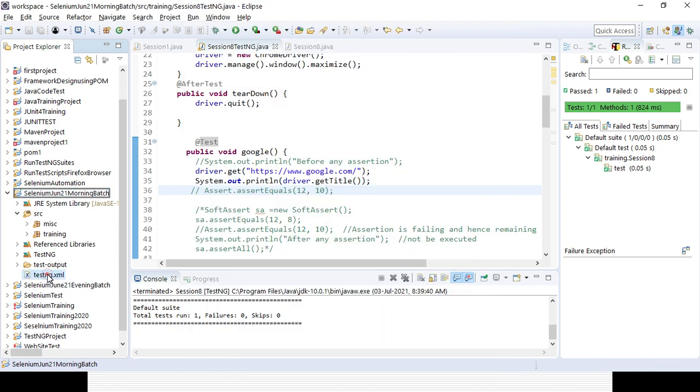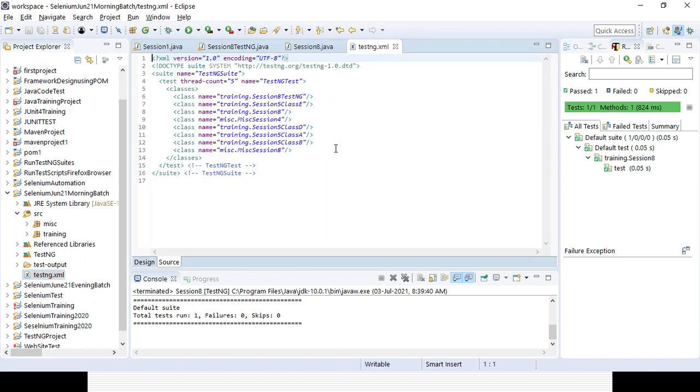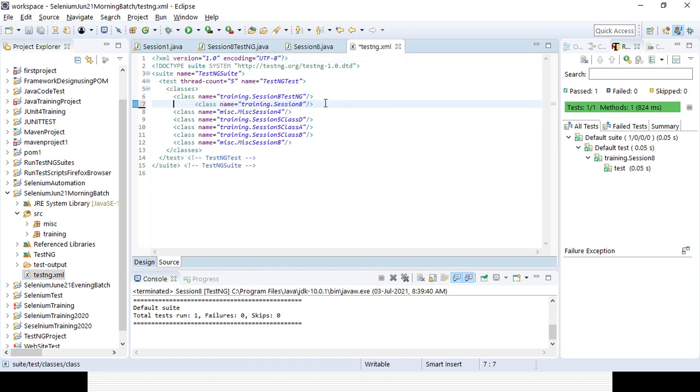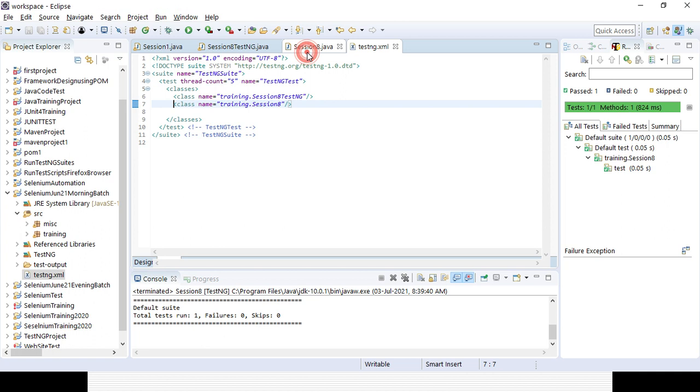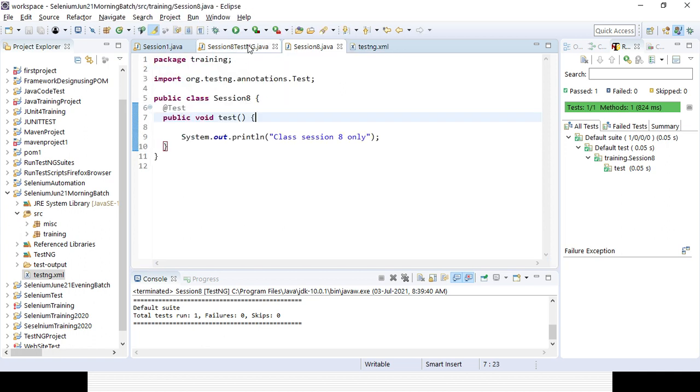And if you open it here, you will be seeing the same thing whatever we have set during converting our project, right? Okay, everything came, so I can customize it. I can remove this one because I want to execute only the TestNG classes, right? Because these are the two TestNG classes I created today with the help of the test annotation. That annotation is there, and here also the test annotation is there. It will be two test cases.